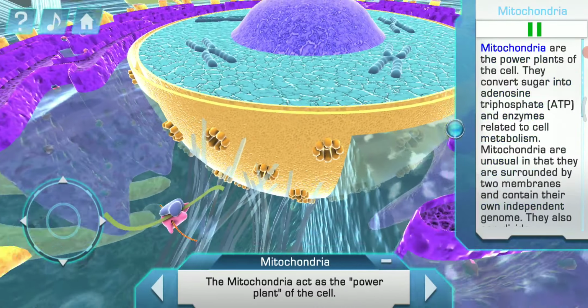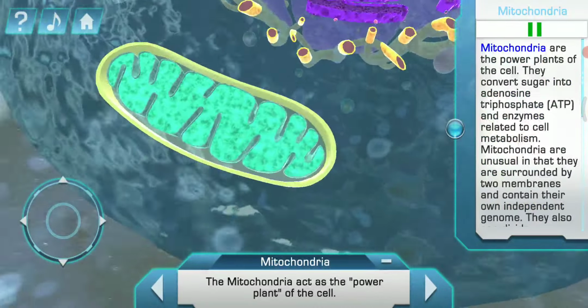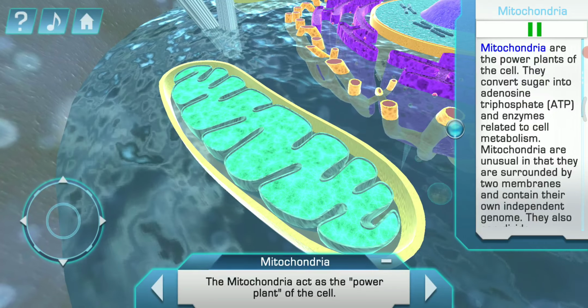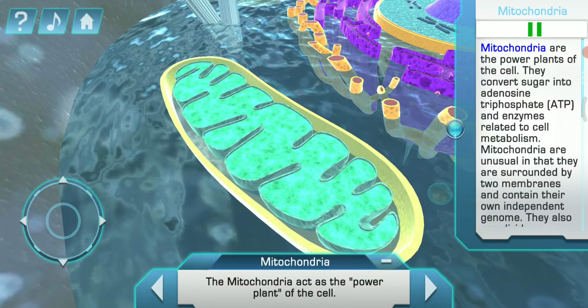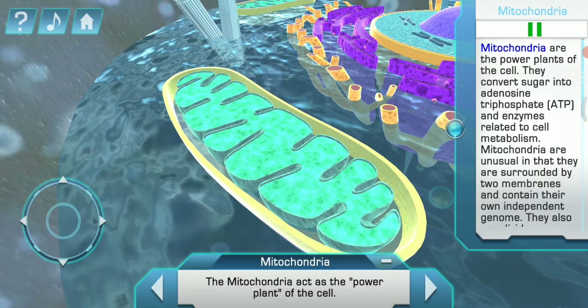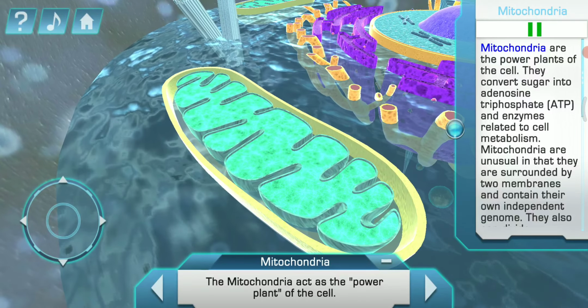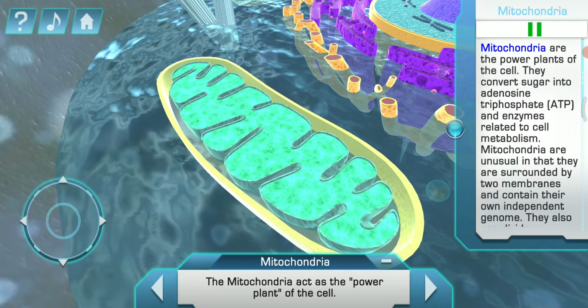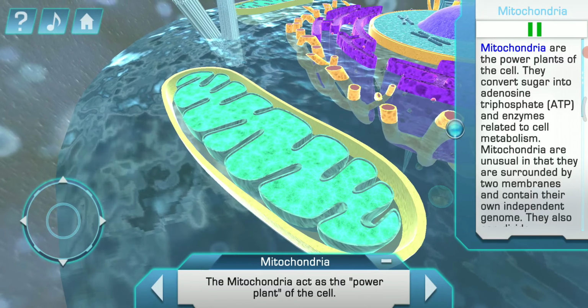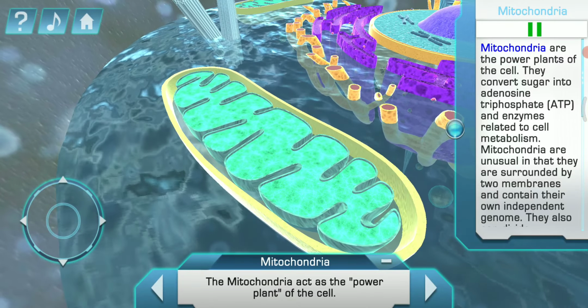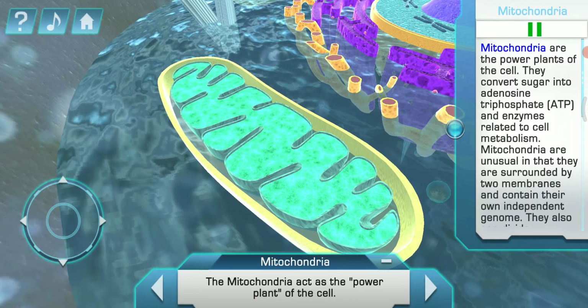as mitochondria are the power plants of the cell. They convert sugar into ATP and enzymes related to cell metabolism. Mitochondria are unusual in that they are surrounded by 2 membranes and contain their own independent genome. They also can divide independently of the cell in which they reside, meaning that mitochondrial replication is not tied to